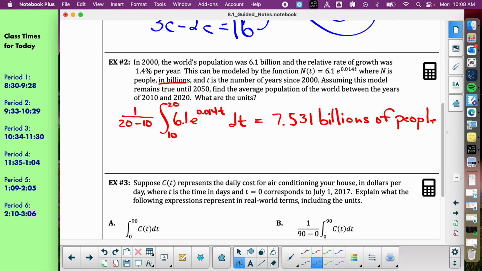Traditionally, it would only tick off the points once. It wouldn't do it on every single step. So I would guess max number of points 1. But it's still a lot. 1 out of 9, you get a free point for just writing the right variable. It is definitely annoying because it's something that I'm not always great at too. I just get in the habit of writing X all the time. But at least you only have 6 problems. So on those 6, you just try to be very self-aware that after you do the problem, you can go through and check for little things like that, like writing plus C, using the right variable. Yeah, that's kind of the tips we'll go over during the reviewing part.